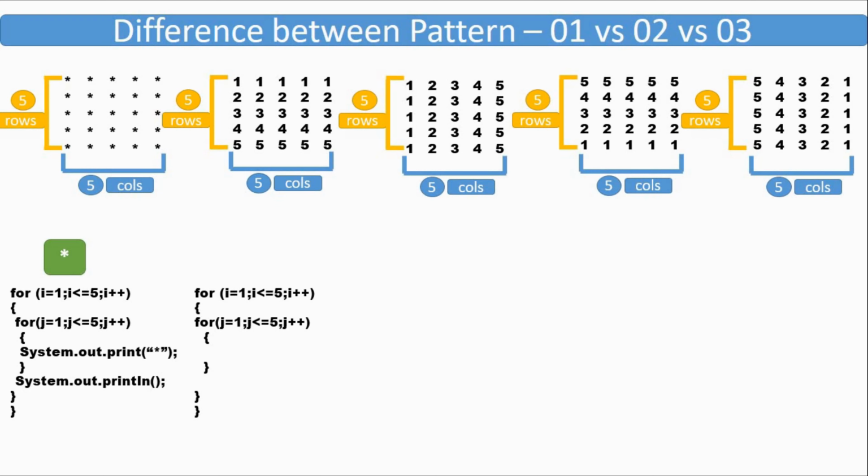this type of value we can print with the help of the outer loop variable. So if we change the asterisk symbol to our outer loop variable, that is i, we can get this type of pattern. And on which basis are we printing this pattern? Yes, correct, with the help of the outer loop variable.